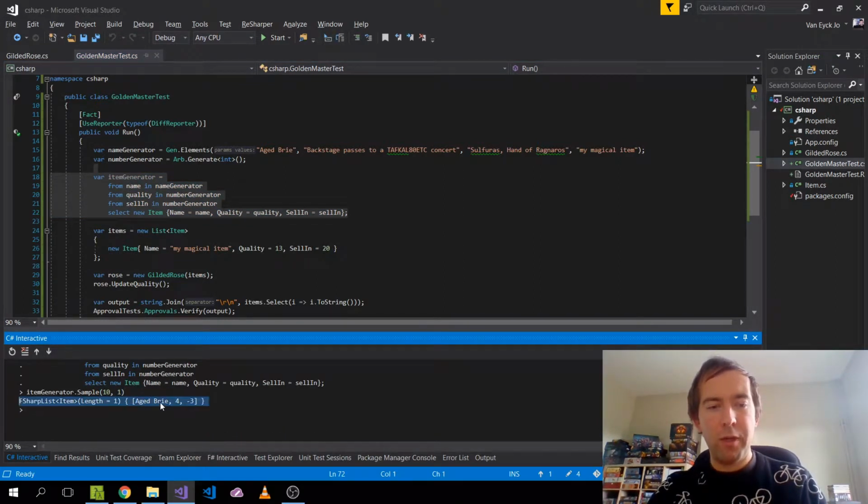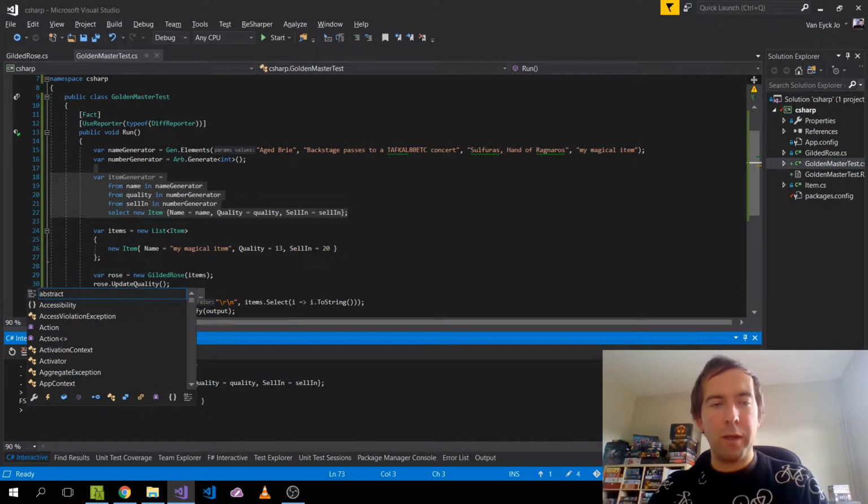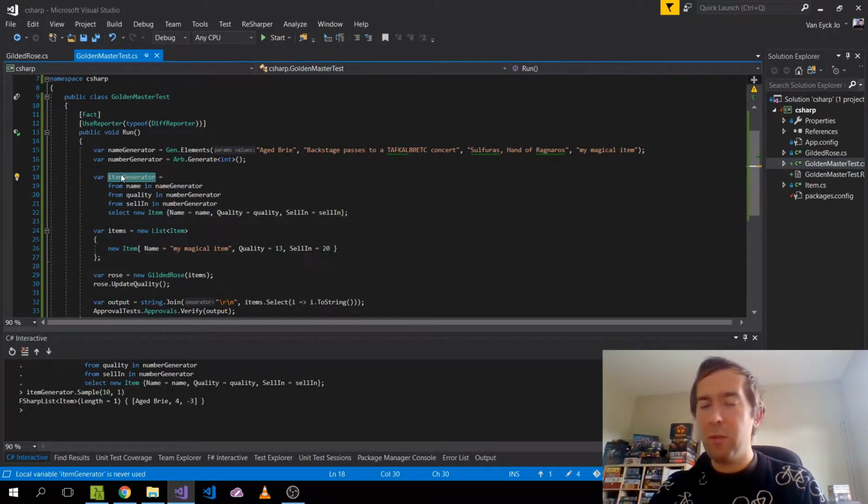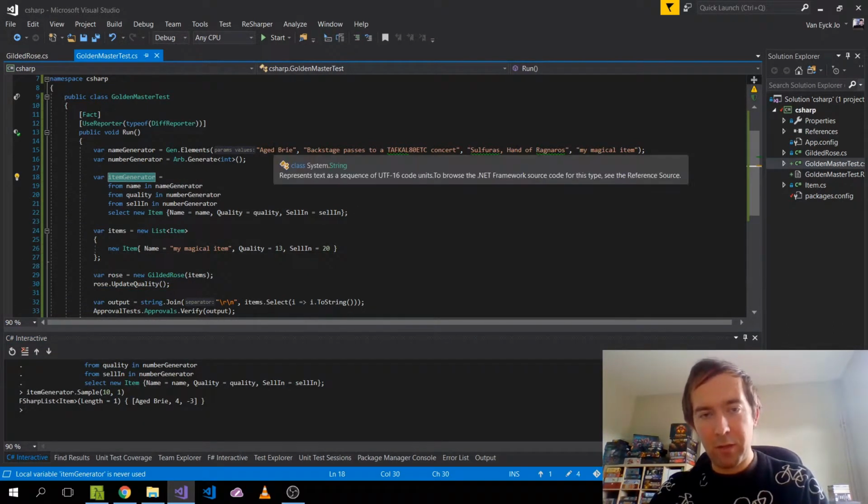We have age 3, sell-in 4, quality -3. It looks pretty good actually. Is it sell-in, quality? I don't know which one is which. Interesting. Okay, never mind. So this is a generator of items and it will generate completely random